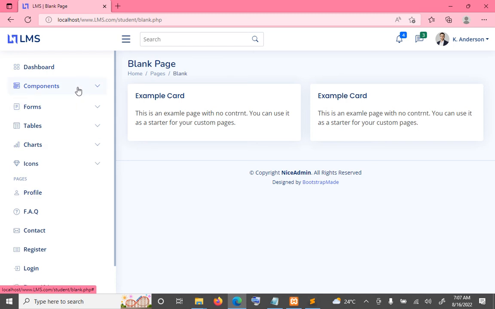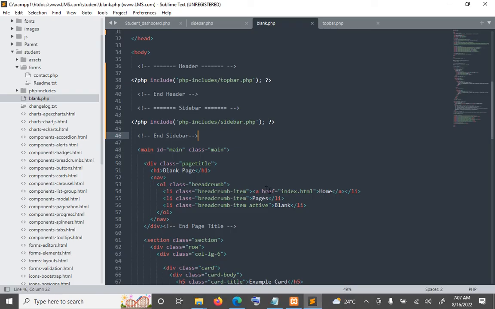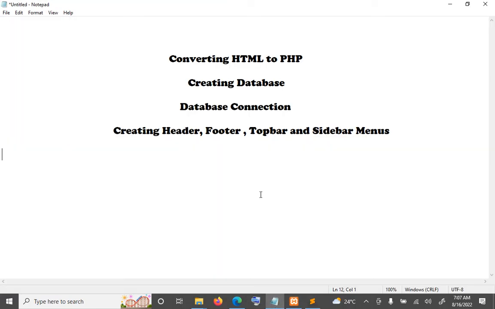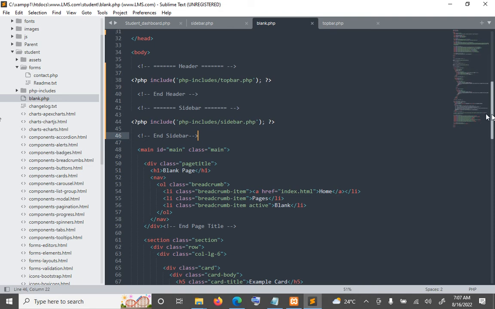So to reduce the number of lines we have, let me do this. I only use the first method for better understanding. Okay, now we've included our top bar and the sidebar. If you repeat this for all pages like this,